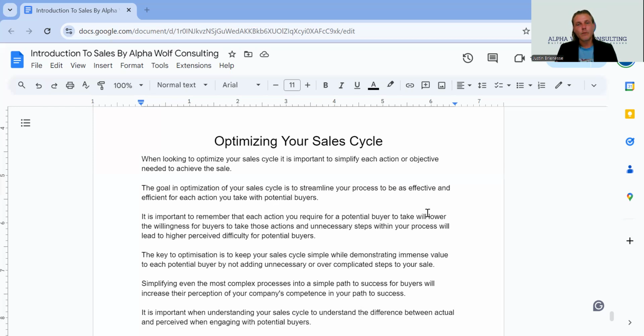So what we found, when we were looking to optimize the sales cycle and we noticed a bottleneck near the end of the process, was that if we're able to find the point in the sale where the buyer becomes emotionally bought in, at the point that the buyer becomes emotionally bought into purchasing the house and land,